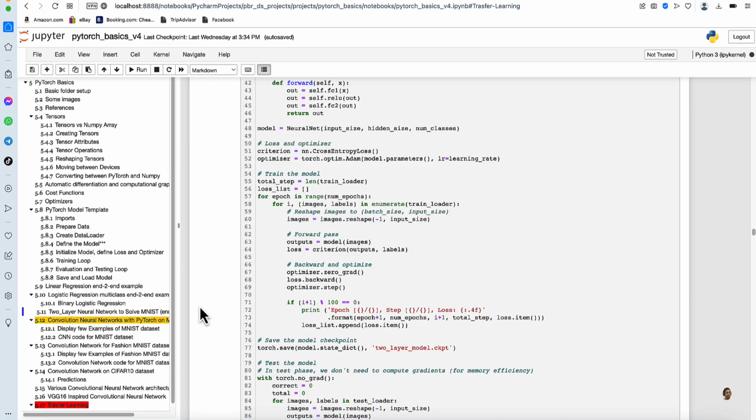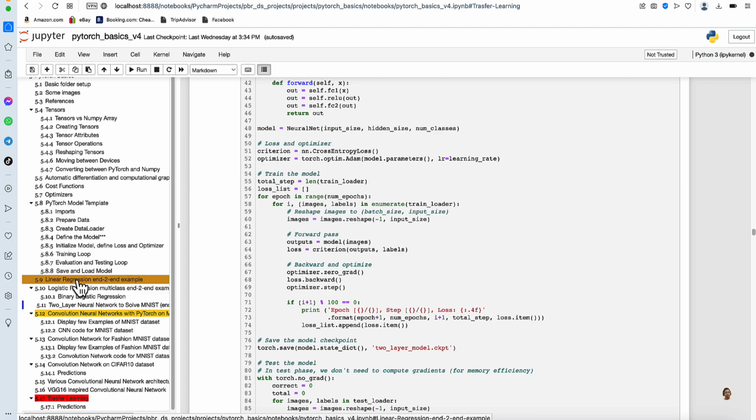So far in this PyTorch series, we looked at tensors, various attributes and operations. We also looked at the important concept of automatic differentiation and computational graph in computing backpropagation as well as derivatives. Then we looked at cost functions and optimizers. Finally, we started with a PyTorch model template where we defined these 8 steps. And using those 8 steps, we did a linear regression end-to-end example and also a logistic regression end-to-end example. We also did a 2-layer neural network to solve the MNIST